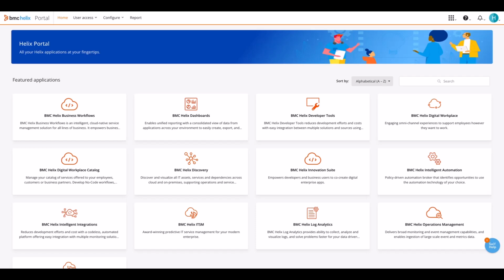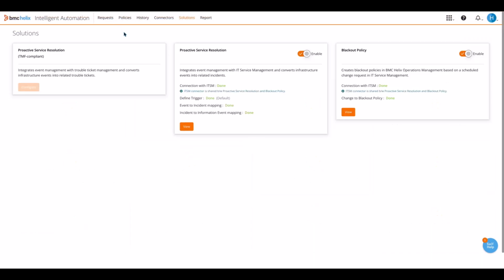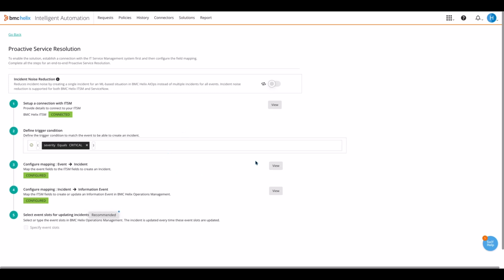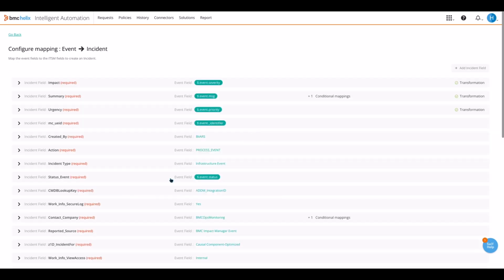Here I've started in the Helix portal because that's where you launch all of your different solutions from. I'm going to go ahead and switch over to BMC Helix Intelligent Automation. I've already selected the Solutions tab in my automation console, and basically my proactive service resolution is enabled. I'm going to go ahead and click View, and what I wanted to show you is the out-of-the-box configuration. I haven't made any modifications with the exception of my company,